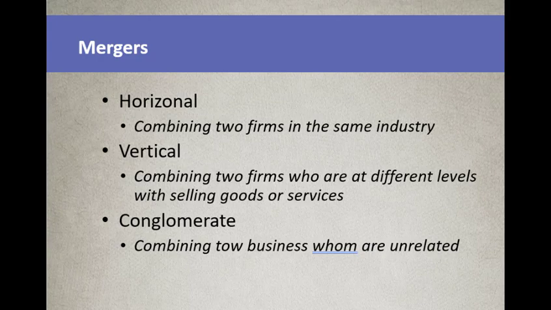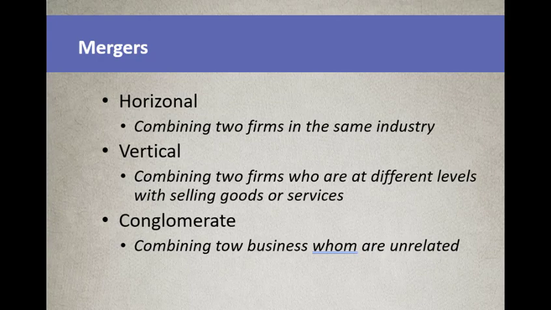Vertical mergers are two firms that are at different levels with selling goods and services. So a vertical merger could be one like the example that they have in the Mojo with Instagram and Facebook. Facebook is social media, Instagram is social media, but they are two different levels of what they're supplying. One's just mainly pictures and videos. Actually, I don't know how Instagram started out. Might have just been pictures. Probably should have picked a better example. But either way, they're close to one another, but they're on two different levels.